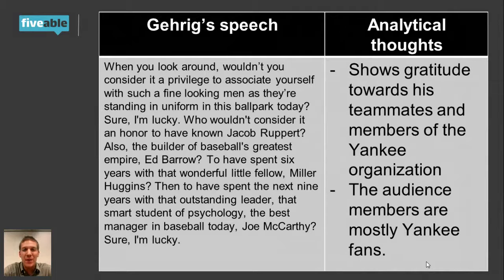So he's mentioning names that you probably aren't familiar with, but clearly these are his teammates and members of the Yankee organization. He's really taking time. They're probably in the stadium or even on the field with him. All the fans would know these names at the time. They're Yankees fans. So he's showing them mutual gratification, gratitude. He wants them to know this was not just the fans who appreciate me, but I have a lot going for me. I've been surrounded by these awesome people. Again, he's aligning himself with his audience here. You respect Jacob Ruppert, Ed Barrow, etc. So do I. Keeping it positive and keeping himself aligned with the audience.